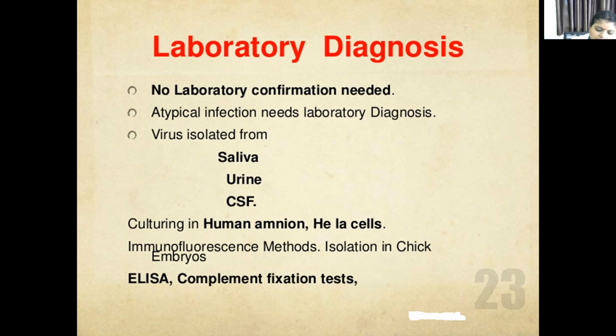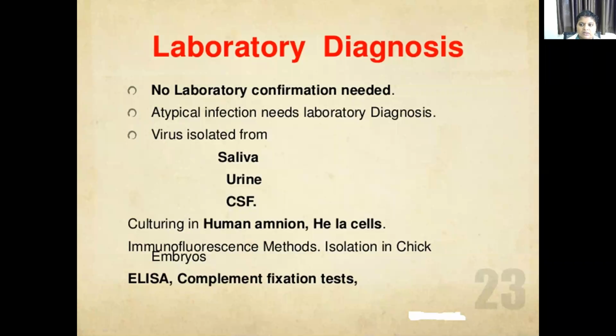What are the methods used for laboratory diagnosis? First one is direct microscopy. Next one is viral isolation by using the embryonated egg or cell culture lines. In the embryonated egg, a 6 to 8 day old egg is necessary for isolation of the mumps virus. The cell lines that we use are human amnion or HeLa cells, and monkey kidney cells are also used.